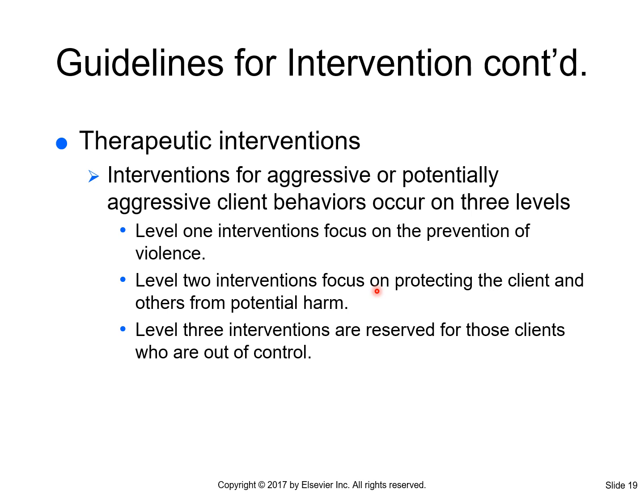Very important to remember. That's why we talked about therapeutic communication and therapeutic relationship with patients. This is very important because this is when we're going to be able to have the therapeutic interventions for our patient, your level 1, level 2, level 3. Okay. Therapeutic interventions include establishing good communication, learning to identify the signs of potential violence, and providing a safe environment when a client is out of control.